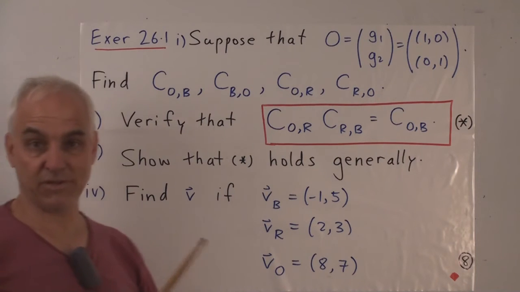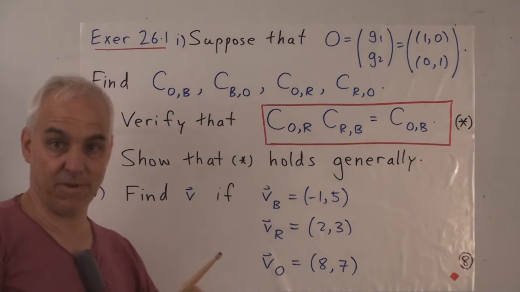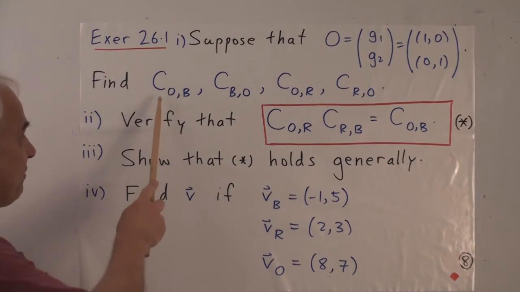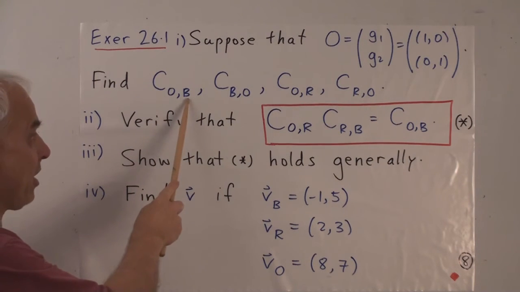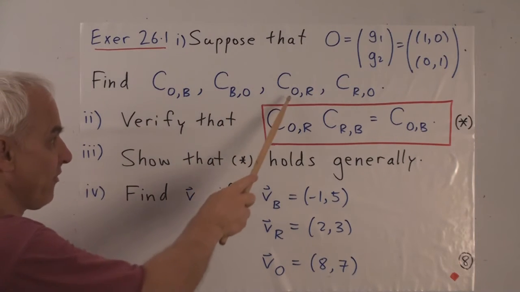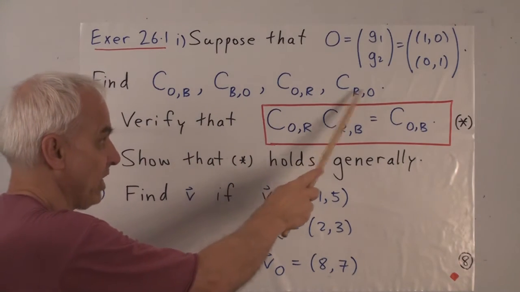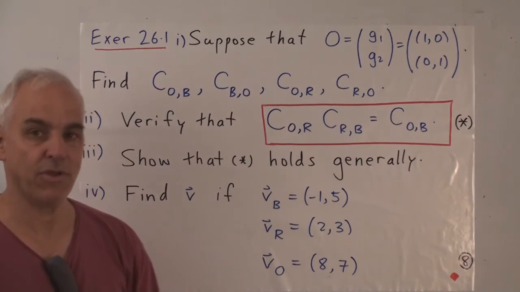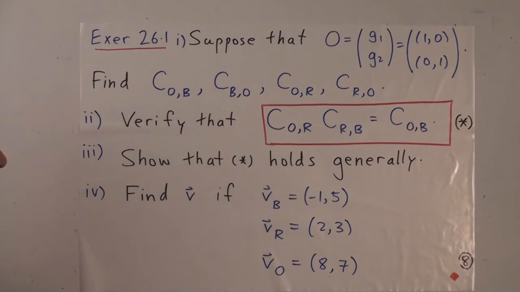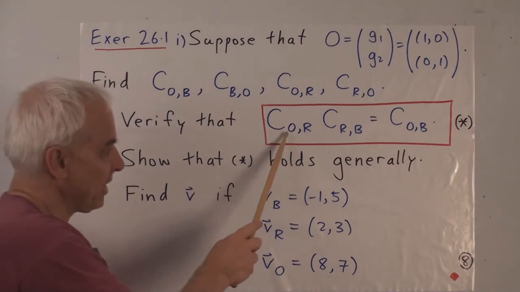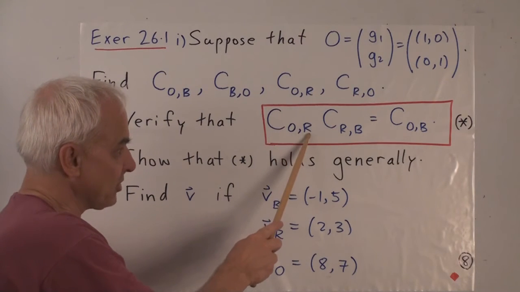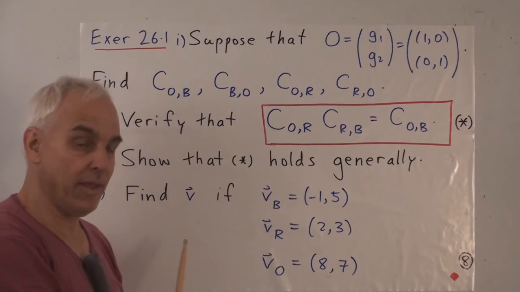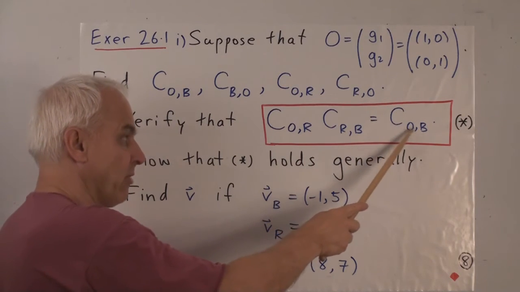So we've talked about the change of basis matrix from Bob to Rachel, or from Rachel to Bob. Now we can also talk about the change of basis from ours to Bob, or from Bob to ours, or from ours to Rachel, or from Rachel to ours. Maybe you'd like to think about how you write down those matrices. And you can verify that the change of basis from ours to Rachel's times the change of basis from Rachel's to Bob's equals the change of basis from ours to Bob's.